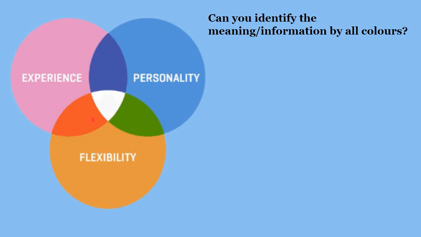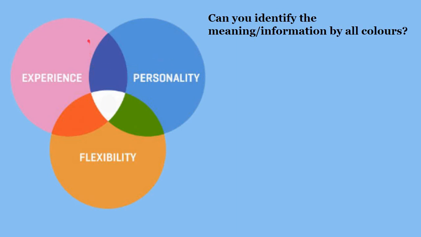Similarly this orange or red, you can say, they are those people who are experienced and flexible, but they do not have a good personality. If we include good personality also, then it will become white. And this is people who are experienced and have a good personality but are not flexible. So this is the meaning of it. So try to get the meaning of all of it, then you can attempt or understand the concepts better.